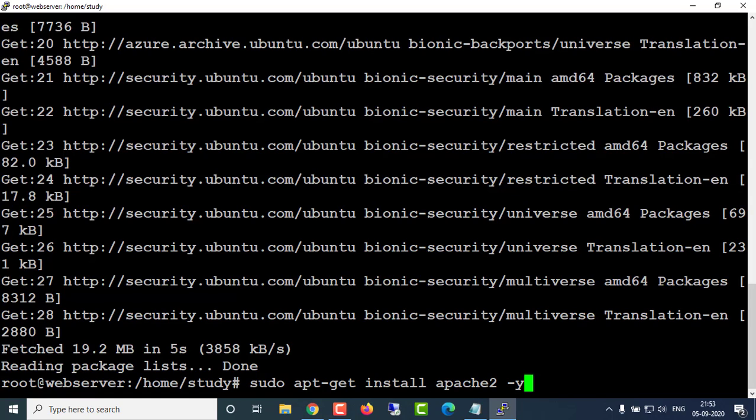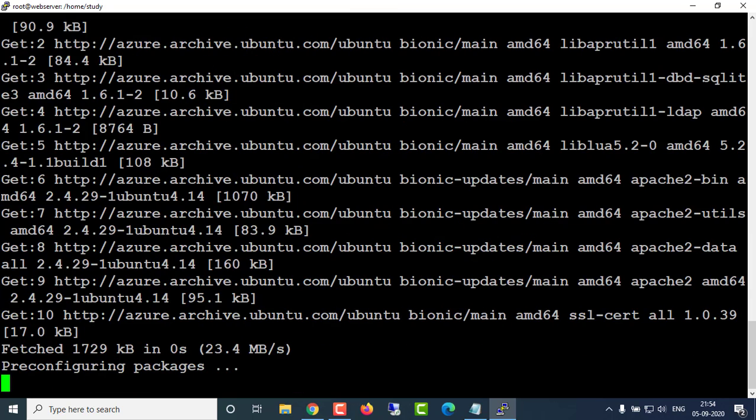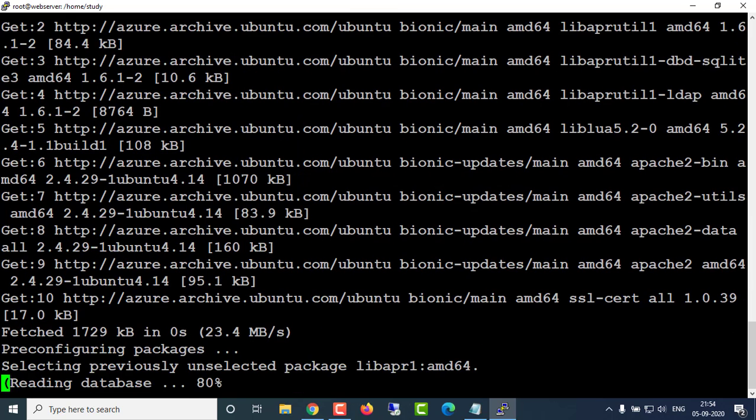If we did not add -y here, then it will ask you to type yes if we want to continue. If we add -y here, then it will not ask. So let me remove -y here so that you get more clarity. I'm going to hit enter. You can see: do you want to continue? Press y. If I type -y in this command, it will not ask me here. So I have to enter y here, hit enter, and then it will get automatically installed in your Ubuntu.